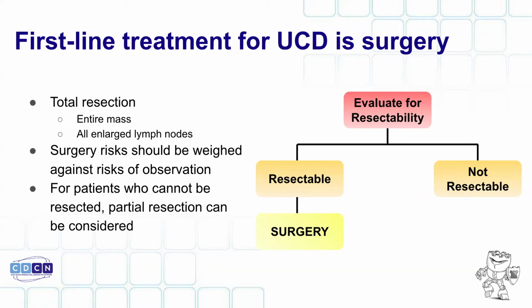So every patient will make up their own mind about the individual risks and benefits of doing surgery, but we do recommend first line of therapy for unicentric Castleman to be complete resection of all enlarged lymph nodes because of either the fact that the patients are symptomatic at presentation or because of the small long-term risks of malignant transformation and secondary autoimmune phenomena.